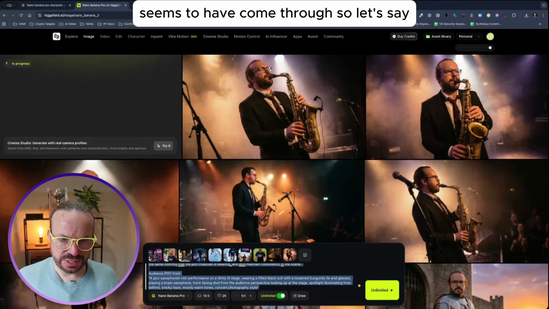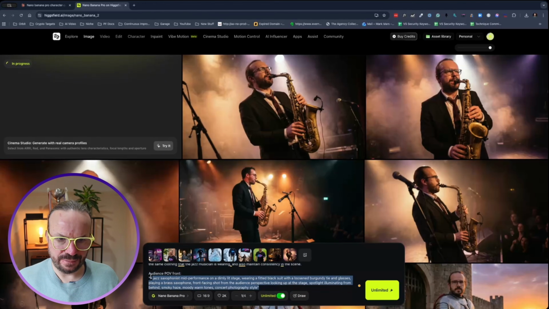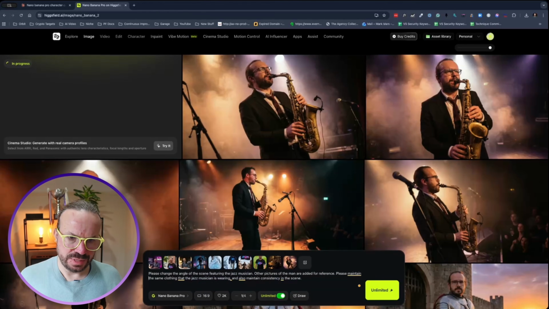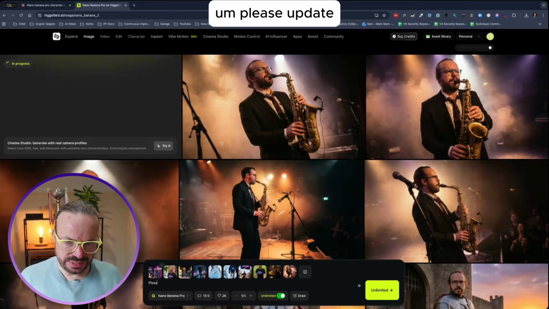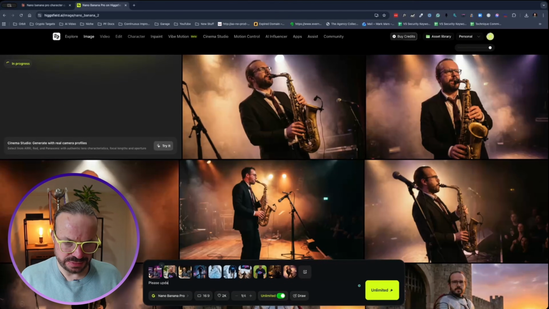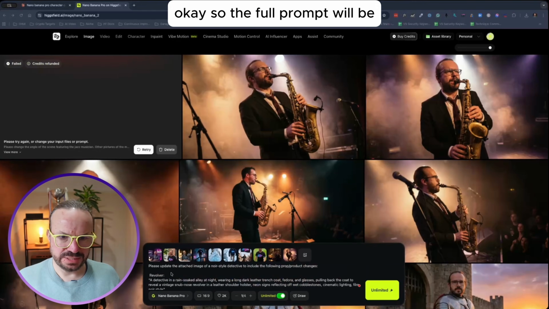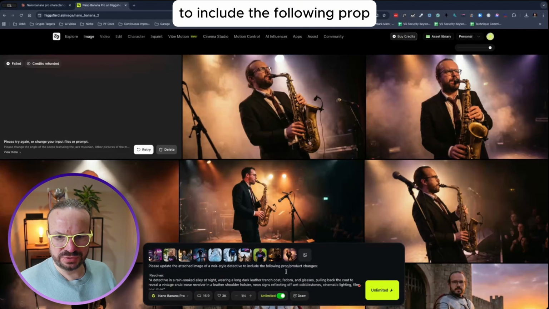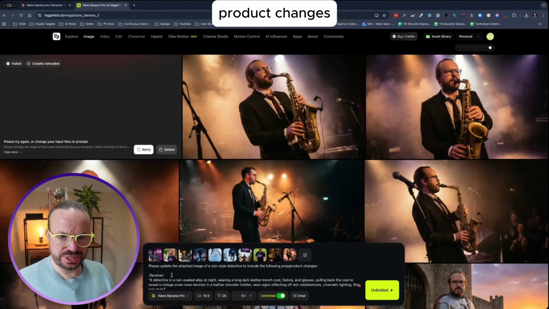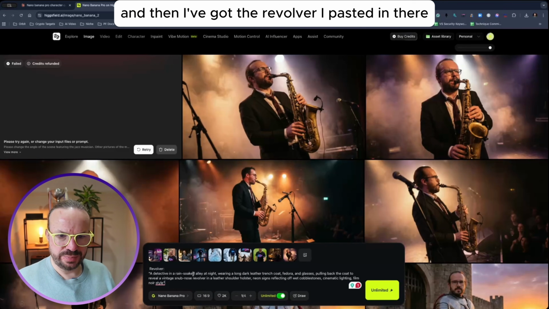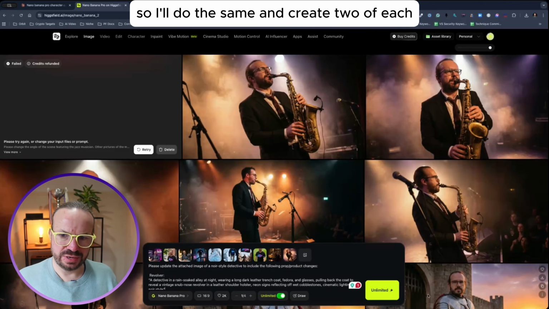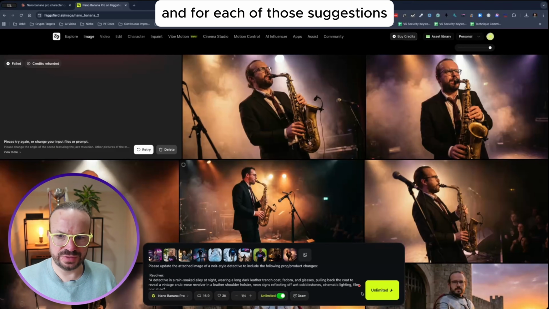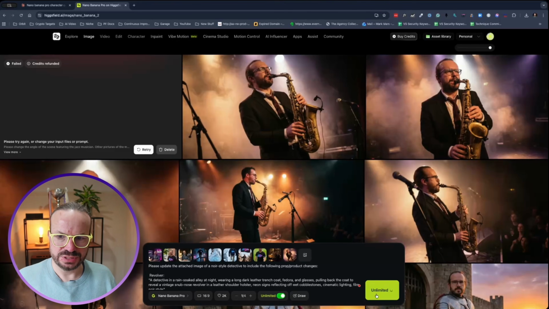So let's say please update. Okay, so the full prompt will be, please update the attached image of a noir style detective to include the following product changes. And then I've got the revolver pasted in there, so I'll do the same and create 2 of each for each of those suggestions. Let's go 1,